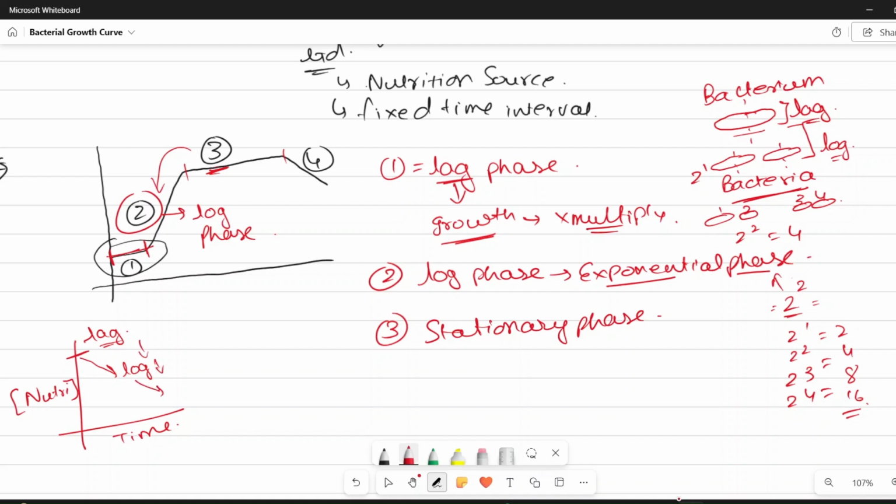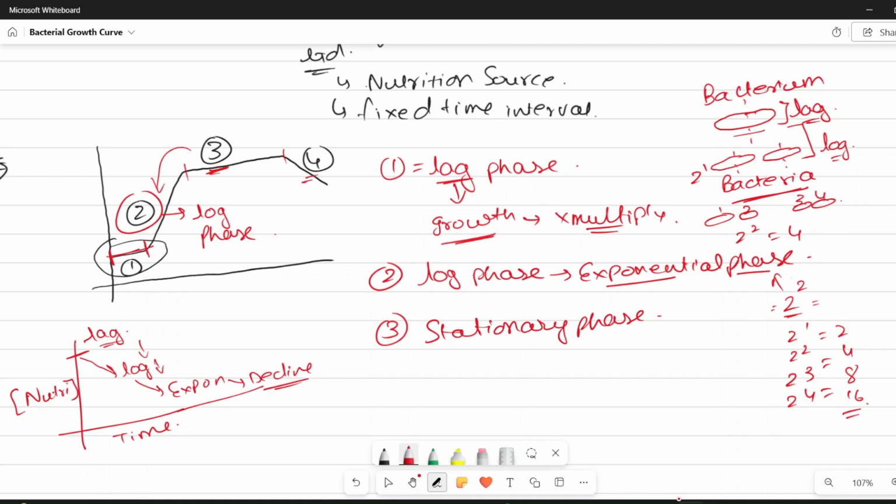Then from the log phase, we have the exponential phase where the concentration of nutrition is almost depleted, and during the decline phase, the concentration of nutrition is absolutely depleted, right? So that is one of the reasons why, because if there is no nutrition, there is no bacterial growth. Okay, fresh bacterium will not be able to grow in that particular medium,